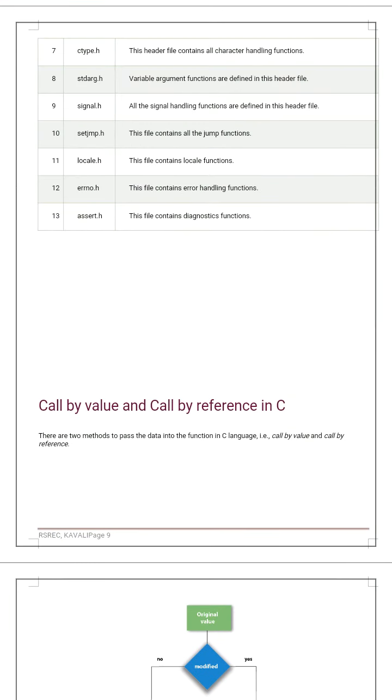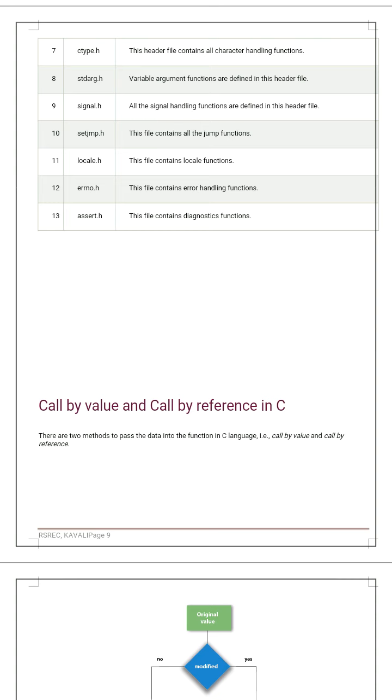Good morning to all. Today I would like to discuss the parameter passing mechanism in C. Another name for this topic is call by value and call by reference in C. The process of passing the arguments or parameters between the calling and called function is called parameter passing